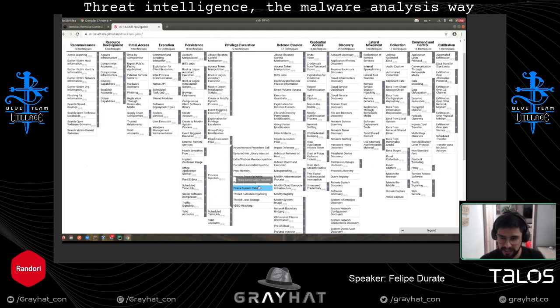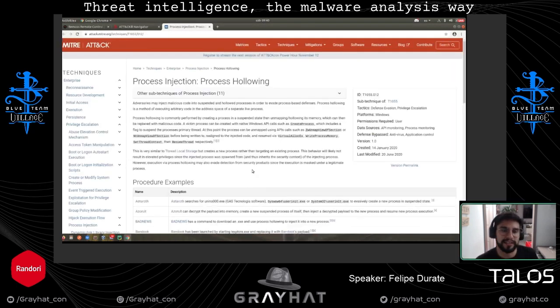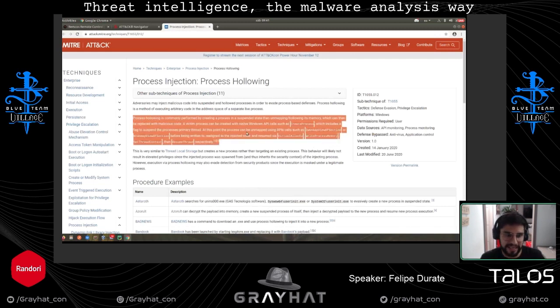We can start reading a lot of all of those, but to make this easier, I already know this is process hollowing. I think I will start analyzing that because this is very common. At least for RATs such as that, it is very common to find process hollowing. So we're going to just view the technique. And that's why it's very, very useful to use the matrix, because you are going to find here the main points of how this thing works.